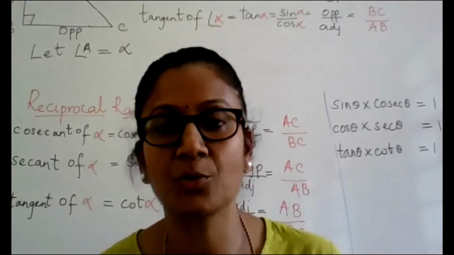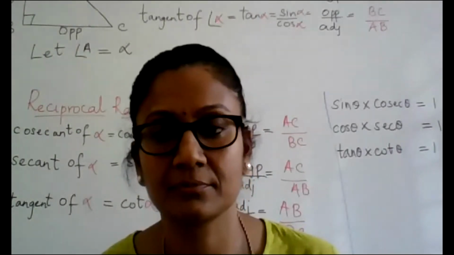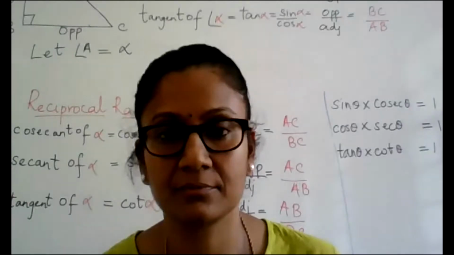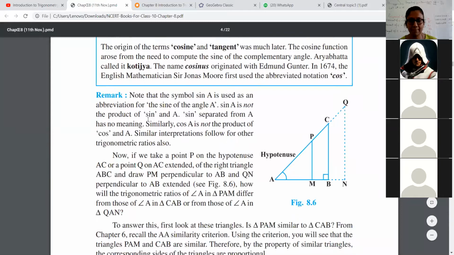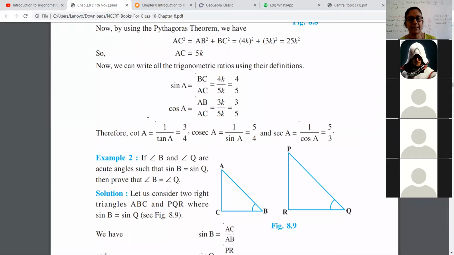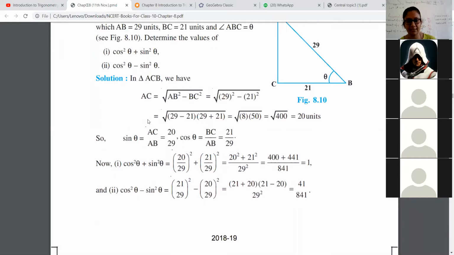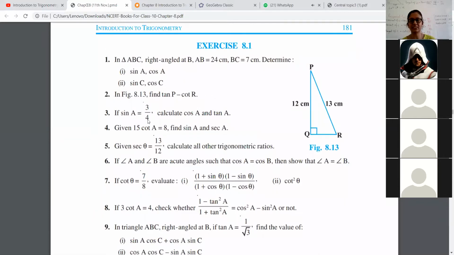Now, I just wanted to get back to your textbook. So let me go back to the textbook. If you have your textbooks, please open them because we are just completing the first 3 basic ratios with their reciprocals and hence making it 6. Now we should be able to apply this knowledge in at least 1 or 2 problems before we end. We have another 5 minutes to go. So we will do 2 problems now.